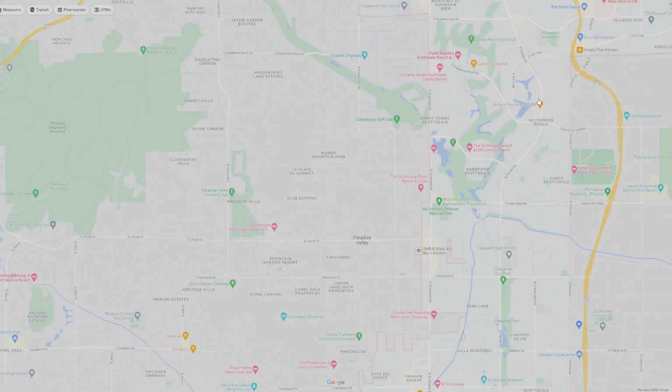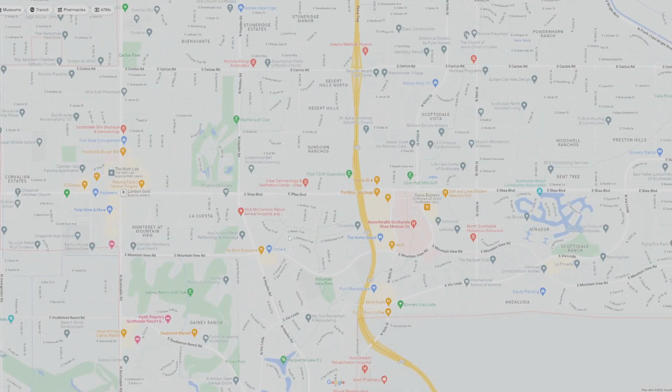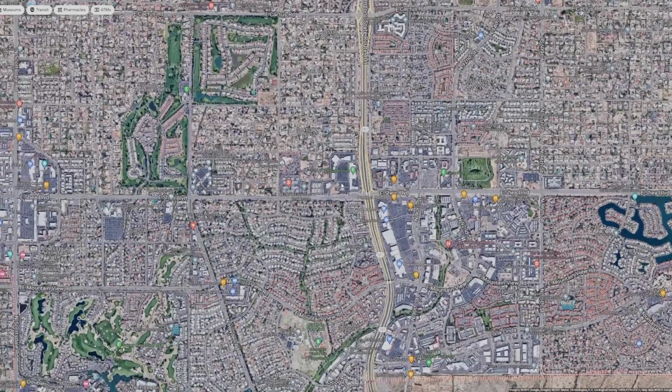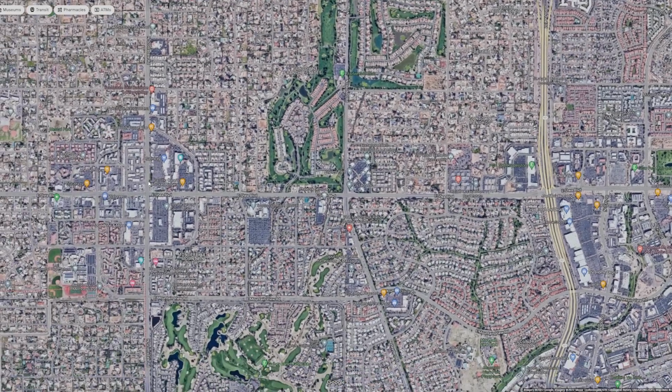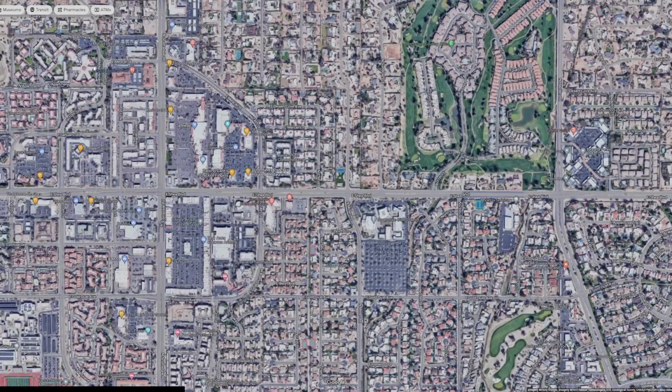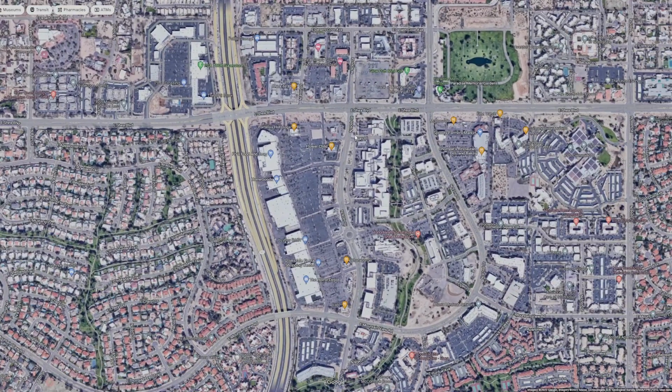Now let's move on a little bit further north, and we're going to just talk about this shopping center right here at the 101 on Shea. It's one of our major shopping centers, and there's another shopping center also on the left-hand side of your screen here at Shea and Scottsdale Road. It's quite a large shopping center with a movie theater. Then moving back, this shopping center at Shea and the 101 is one of the largest in the Scottsdale area,